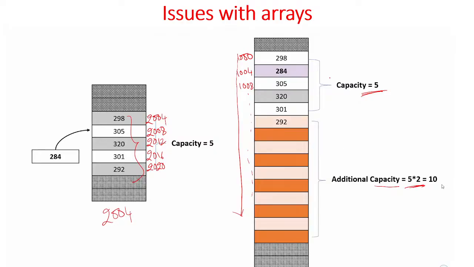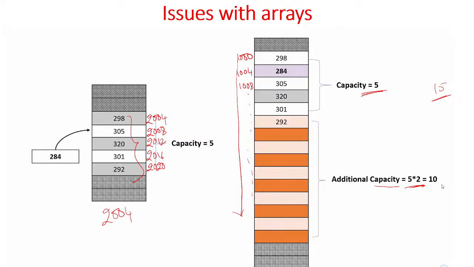This 5 capacity plus extra 10 gives a total for storing 15 elements, because immediately it should not get a problem with your program. If you add more elements, you should not get stuck with those elements. That's why it acquires